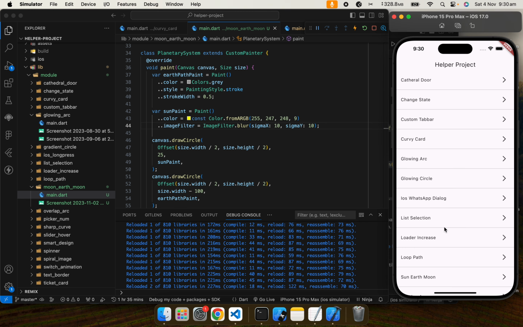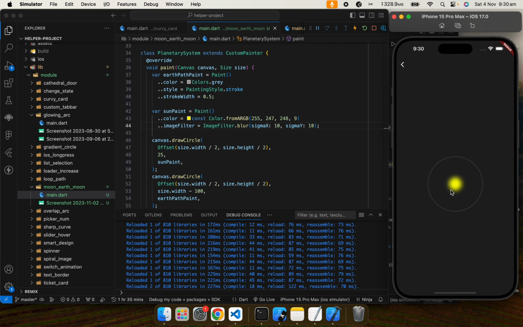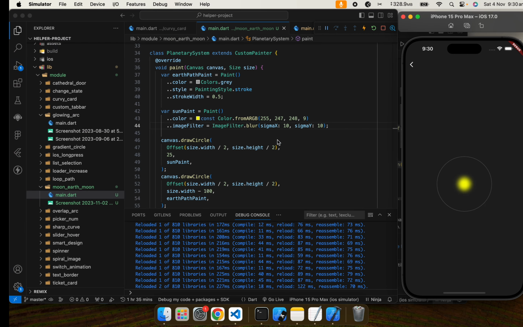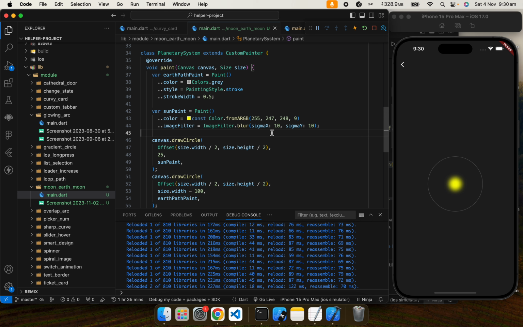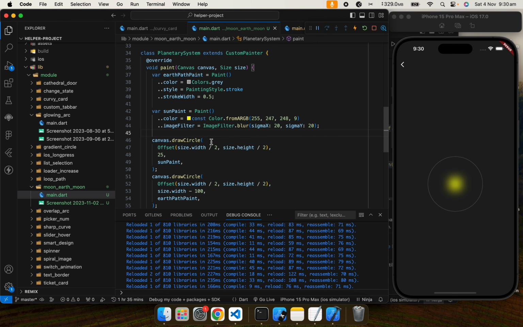So let's go back to our sun, earth, moon, right? So you can see this is the sigma x. Okay, let's make it much more blur, right? So you can see this is this. So it means